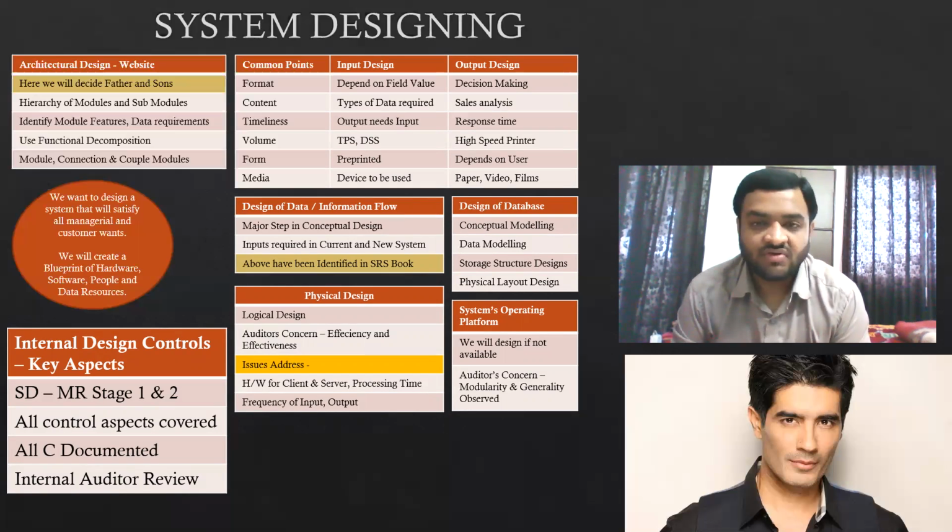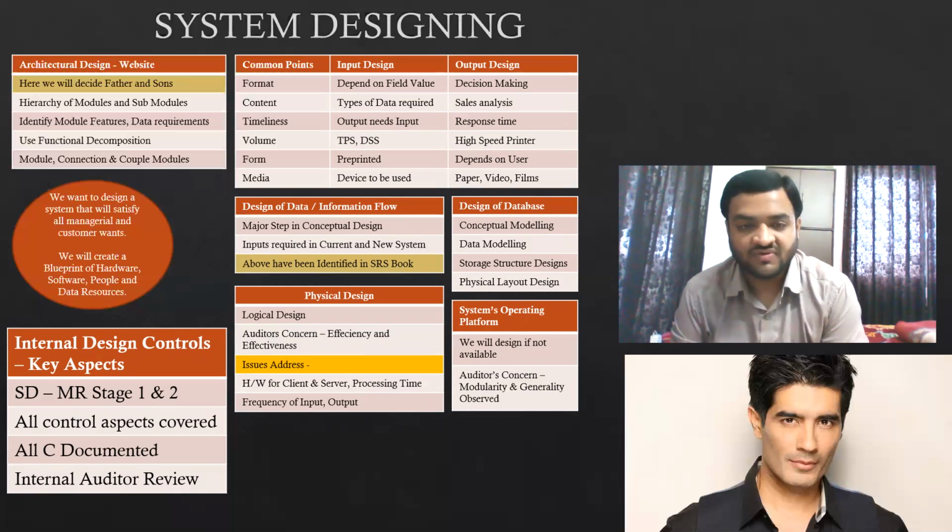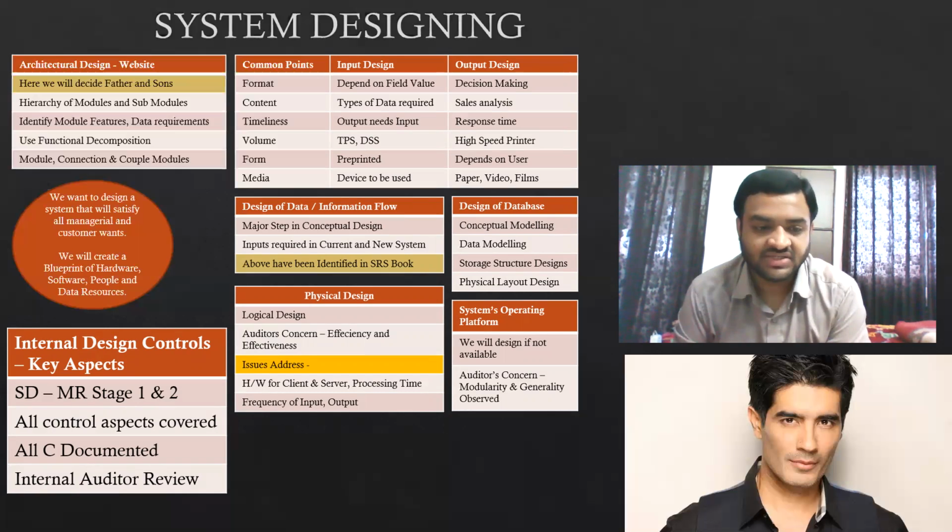What we will do is prepare reports and give them to the management. These reports will be for stage 1 and stage 2 processing. What is stage 1? It is the preliminary working of the software, just like a prototype, prototype 1 and prototype 2. Like that we will have stage 1 and stage 2.